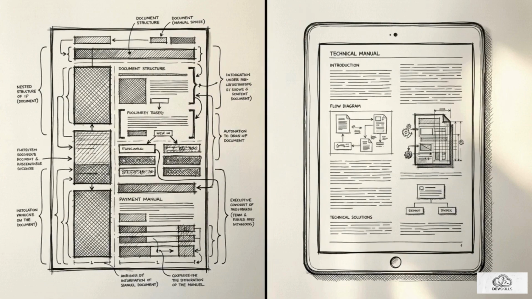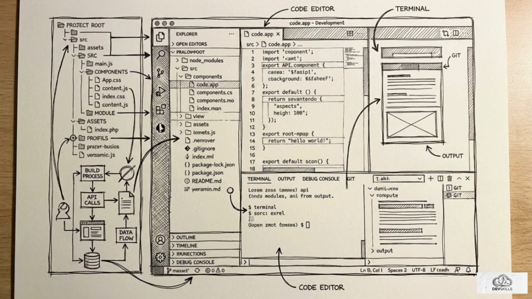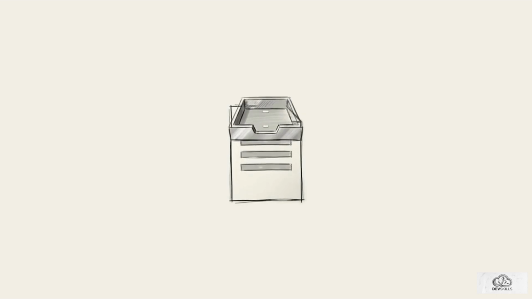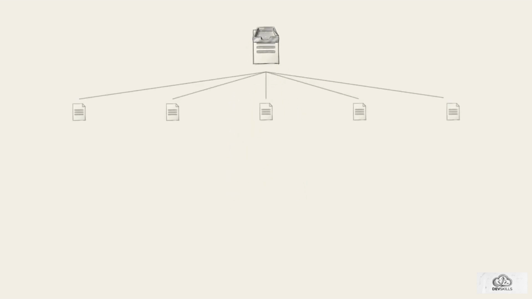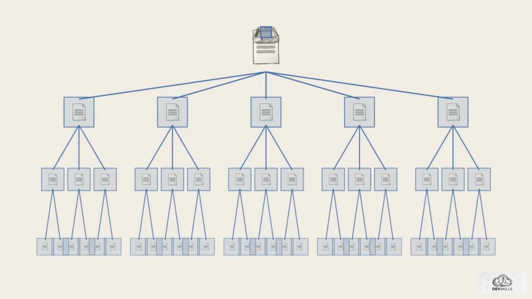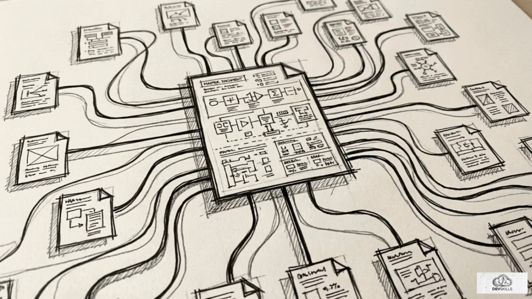AsciiDoc sacrifices the immediate visual simplicity of the raw text file to guarantee an identical, perfect rendered output on any platform. AsciiDoc operates more like a software project than a traditional document, adopting what is often called the docs as code approach. It relies heavily on document attributes. These are custom variables placed strictly at the header of an AsciiDoc file. This network visualization illustrates the scaling impact. Updating a single URL at the top of a root file instantly populates that new value across hundreds of connected pages. It also utilizes an include directive. As the visualization shifts, external code snippet files act as inputs, merging directly into a master document node.